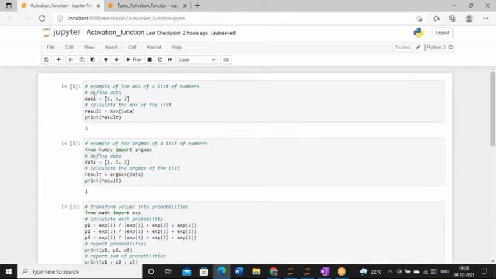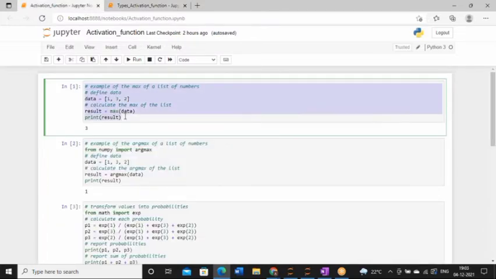Whenever I am talking about the max function, what is this max function? You have to keep in mind. Pay attention to this code. Though it is a very small code, it is one of the most significant codes. The max function, the maximum mathematical function, returns the largest numeric value for a list of numeric values. So what is the output? We have one data list, 1 3 2, and it is returning 3 because it is the maximum number. So it's a simple thing. The output is 3.